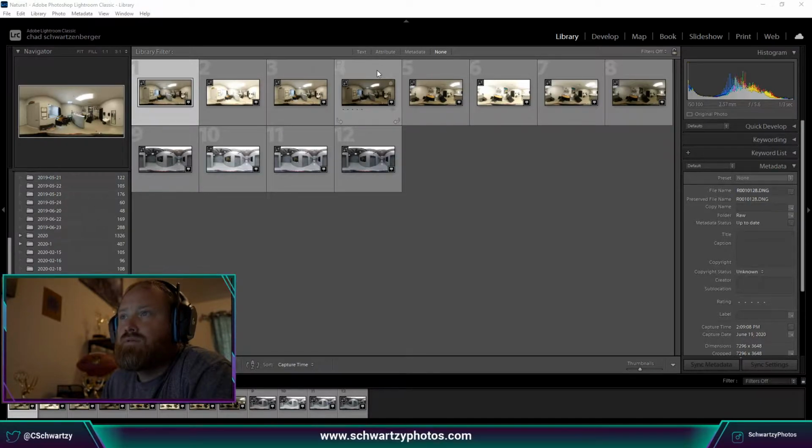1, 2, 3, 4. So I have 4 bracketed shots of each room. I was lucky in this situation, there's only 2 rooms, and then I did right outside. So you're going to ask, well, why did you bracket the photos? And this goes back to,